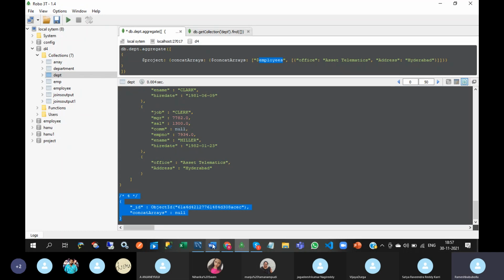Next one is filter. Filter selects a subset of the array to return an array with only the elements that match the filter condition. I think you have used that filter condition in Angular and Node.js also. Same functionality, but the syntax is different.